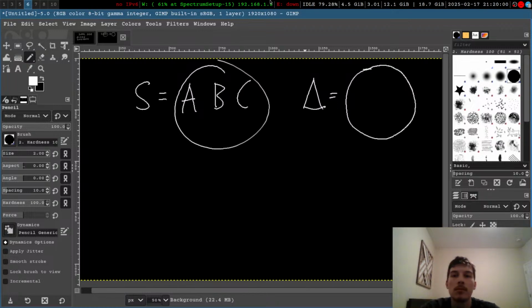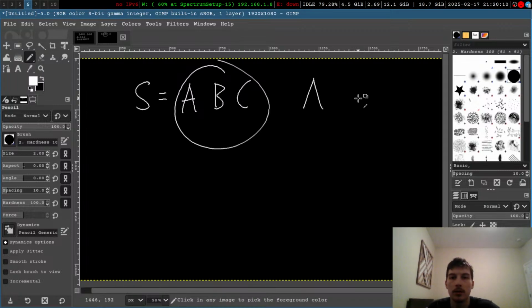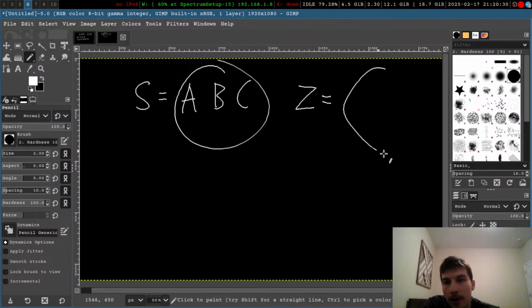Well, you know what, maybe this does describe changes actually. How about, I think, you know what? This is actually just a config file. Right, so delta describes the config file. I don't know if you call it that. Let's just call it, I don't know what to call it. Z. Z describes our config file, which is going to